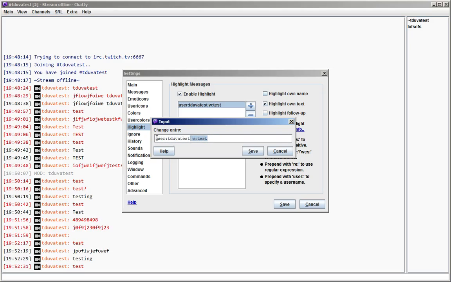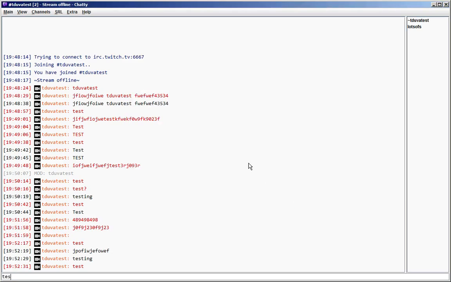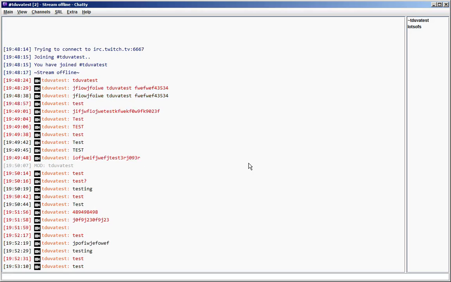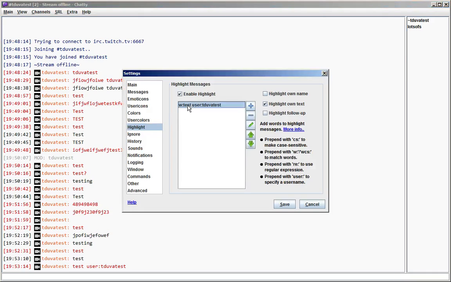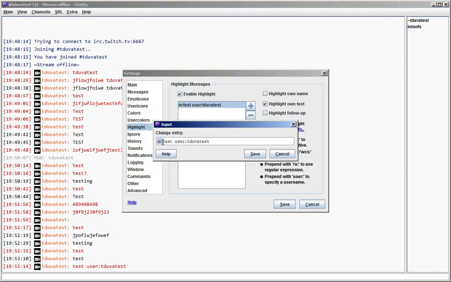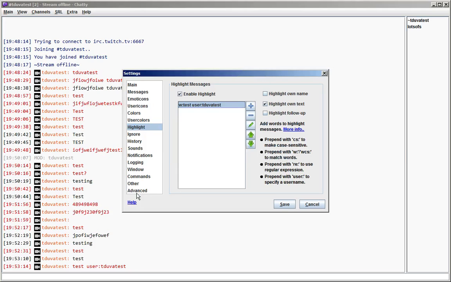So you can't have this the other way around, like this. This doesn't work the same anymore. So if I write test now, it doesn't match. But if I write test user to do a test, it matches, because it takes everything after a text matching prefix as literal text you want to match, basically. Yeah. And more meta prefixes.